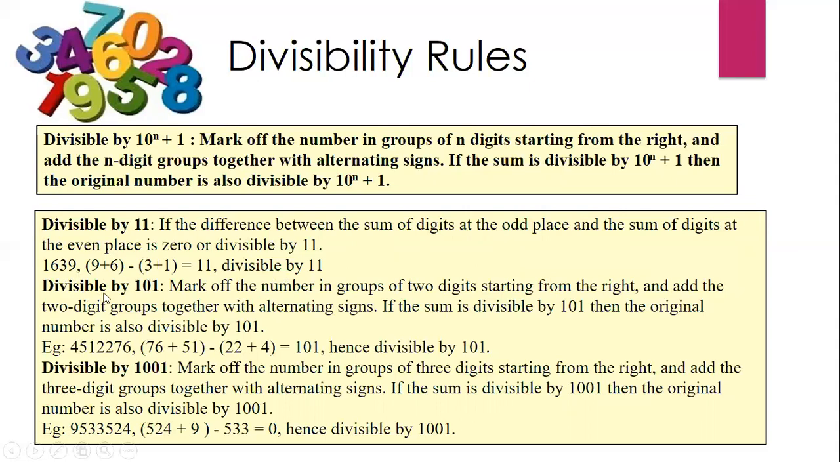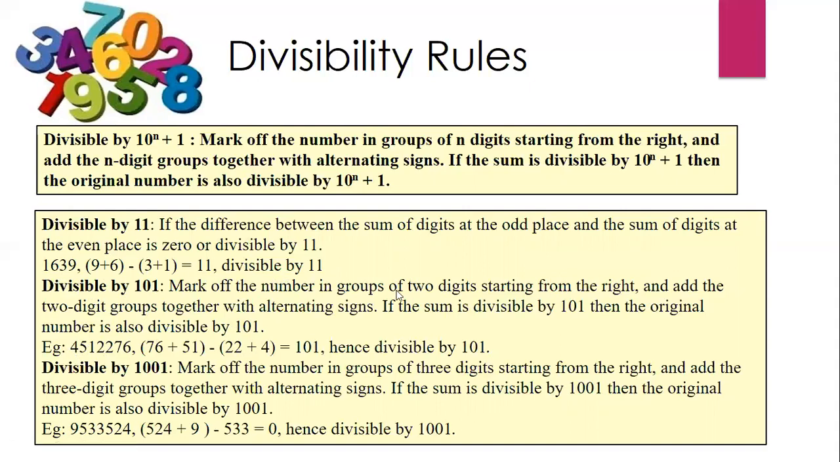So if we want to find out the divisibility rule for 101, here we split two numbers, 76, 22, 51 and 4. And after that, the sum of the digits in odd positions, 76 plus 51, minus the sum of the digits in even positions, 22 plus 4. If that is 0 or a multiple of 101, then the whole number will be divisible